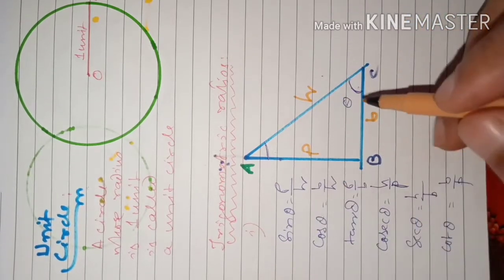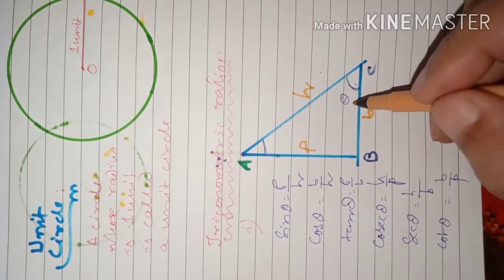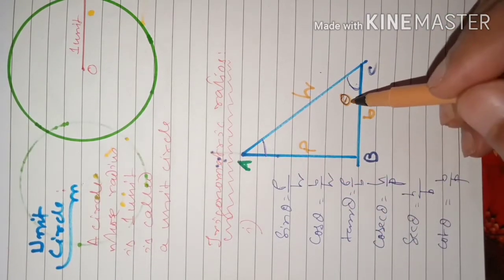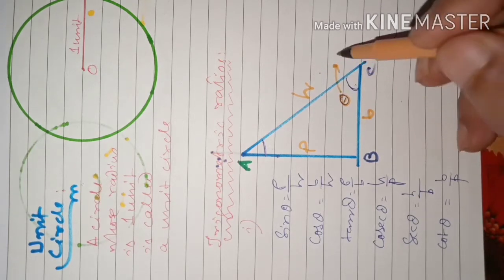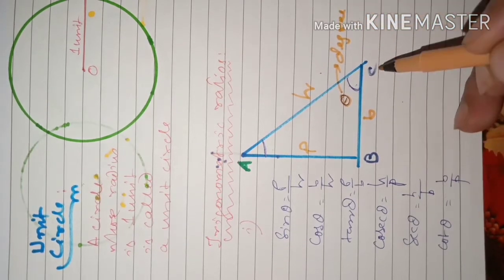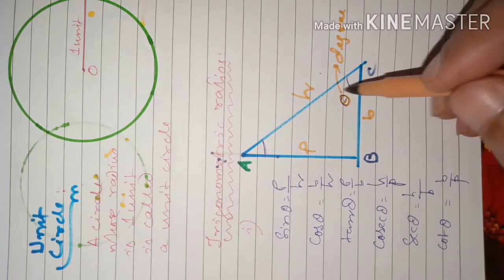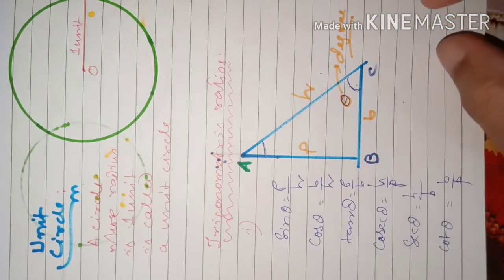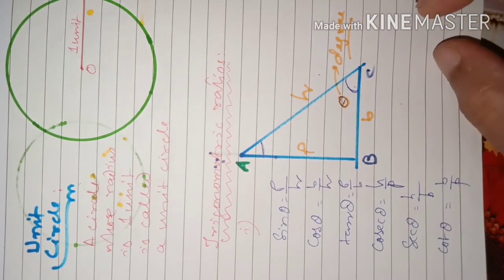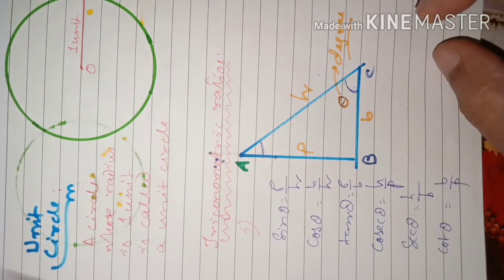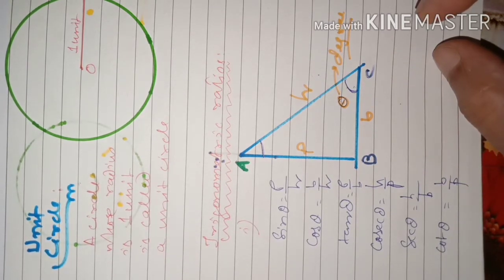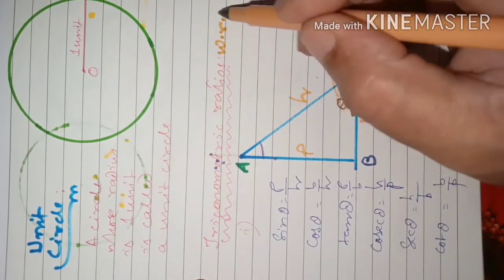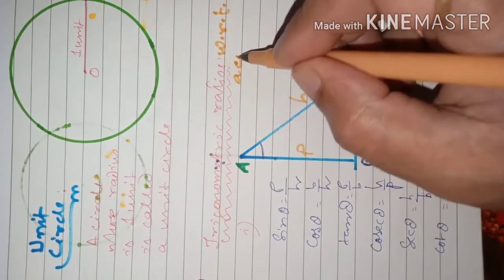So these are actually with respect to this acute angle, and this acute angle we are considering, this angle or this angle, you can say. So this angle was considered in degree measure. Some angle, its value is there and it is in degree measure. Today we are going to learn trigonometric ratios once again in terms of radian measure.